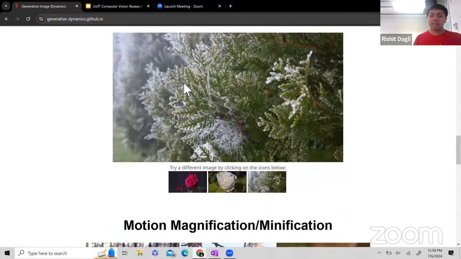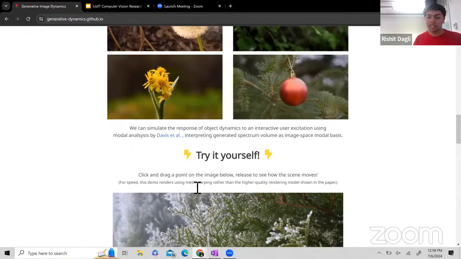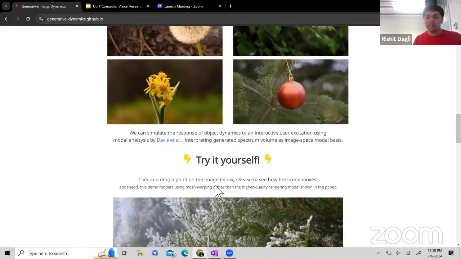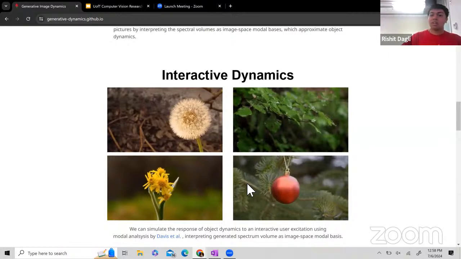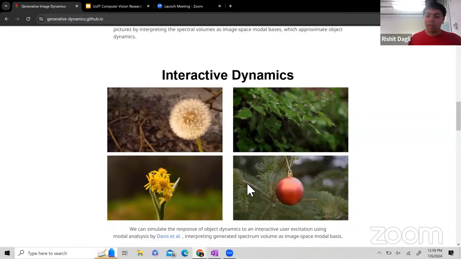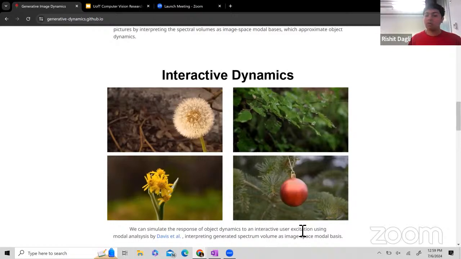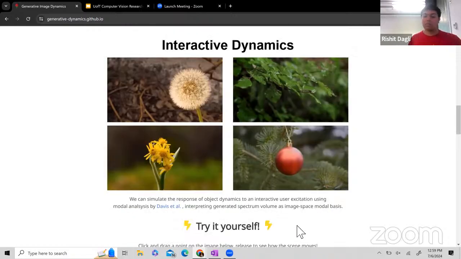It's probably not good enough to consider the demo because this demo is on a mesh. Yeah, they say that this is on mesh warping, so it's probably not good enough to compare the demo and only see the results. But even in this, it's not that you have all of the objects in motion, even when the trajectory requires that. So the sunflower would be rendered nearly flawlessly, but if you have something else like this, where a lot of things are in focus and a lot of things should be moving, not always all of them end up moving.